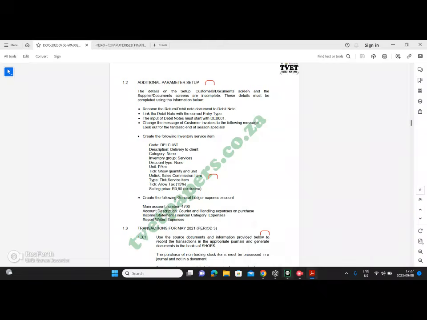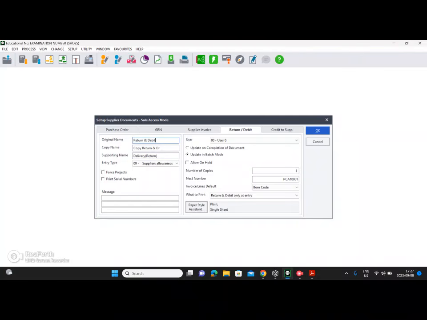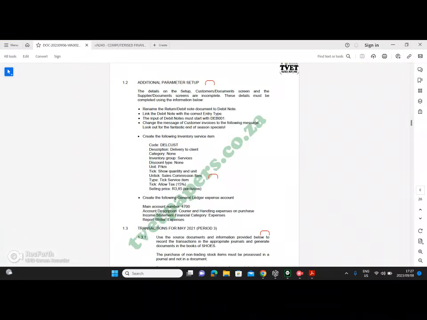Rename the return debit note document to debit note. So click into original name, remove what's there, and let's change it to DEBIT NOTE. I'm putting it in caps so that it's clear for you to see. Your entry type here is supplier allowances. Your next number for debit note will be